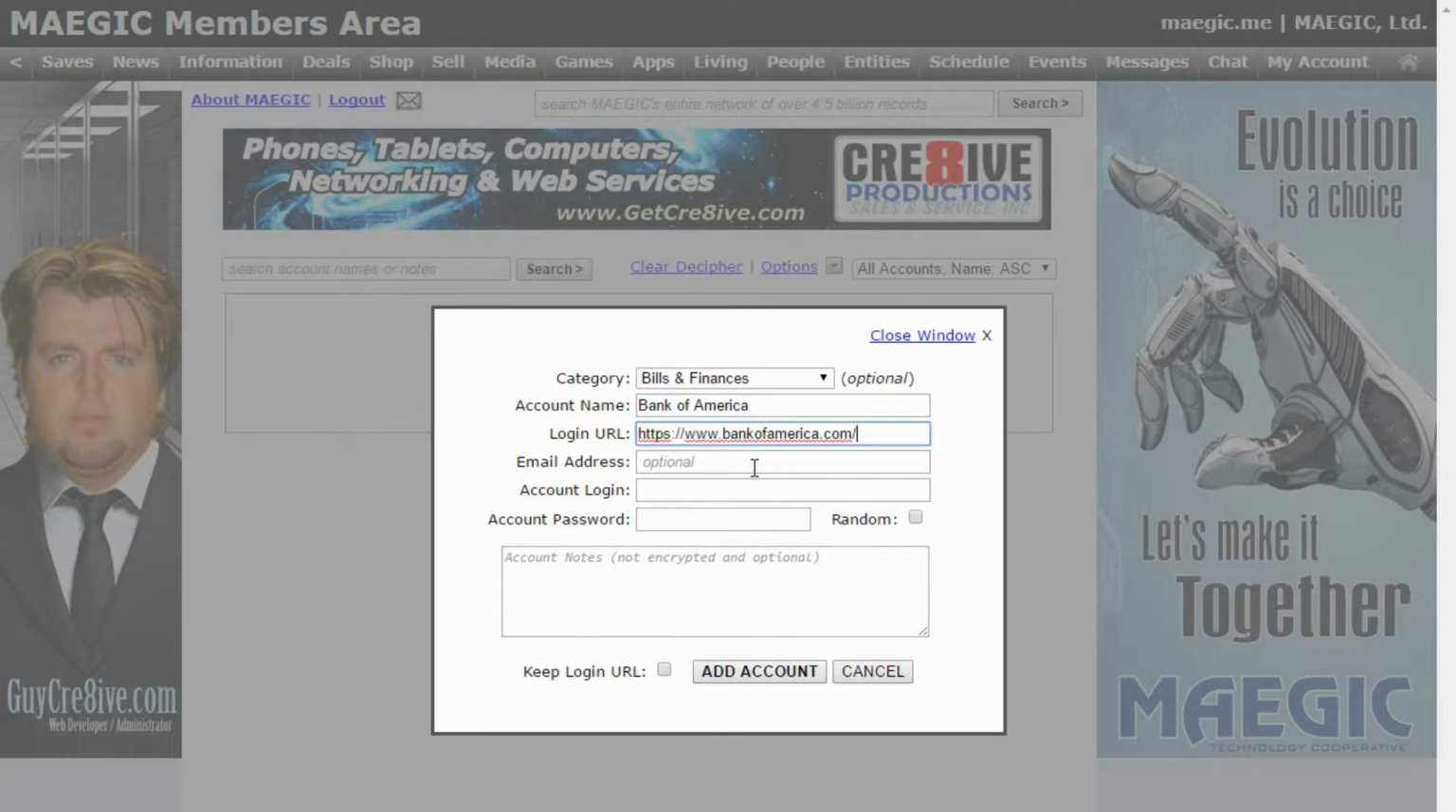And I'm going to set the login URL. Now, email address is optional. The account login, let's say it uses a login, I'm going to say Bob. And then here's another feature, if you're creating a new account with, say, Bank of America, I wrote this little feature into this app. You can just click on that, and it's going to give you a random strong password. Now if you want to make it even stronger, you can click in here and say let's add a special character. So I'm going to click on add account,